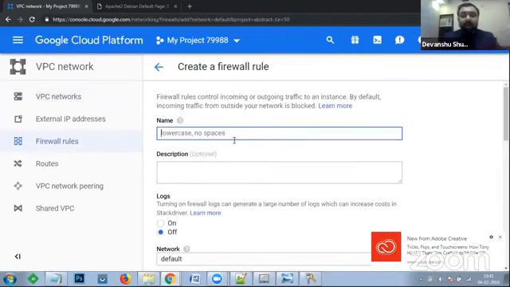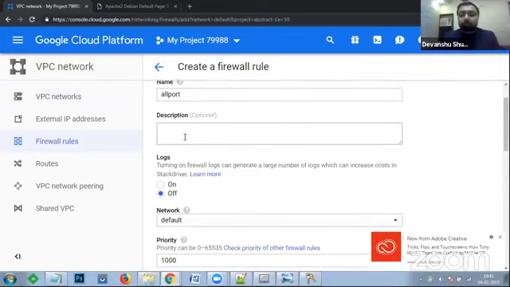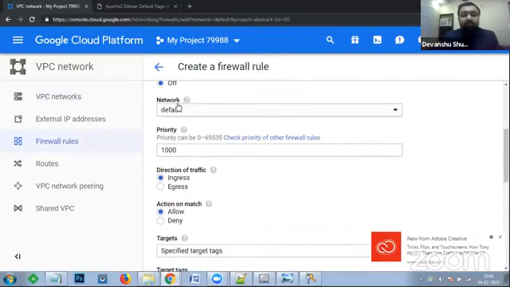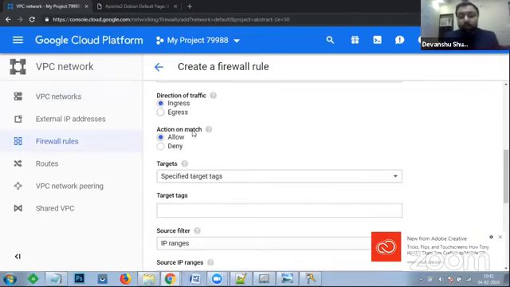Since I have already added this firewall rule known as all port, you can quickly create a new rule known as all port rule, wherein you can allow access to all the ports or to your desired ports. So you can select the default network. Priority is 1000. Let it be like this. Direction of the traffic is ingress, which means incoming. Egress means outgoing packets. We are going to allow all the connection requests which match this